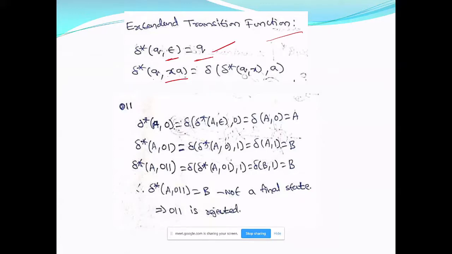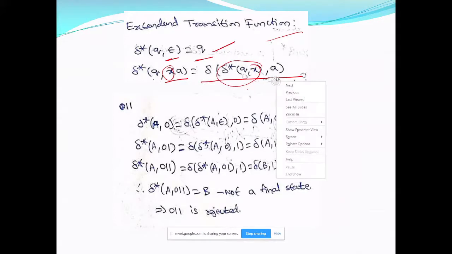Delta star of Q comma XA is defined like this: it is delta star of Q comma X, meaning first you process all the symbols in X and you get a result, some state. Then take that state and give the input symbol A, look up the transition function defined in the DFA definition, and whatever you get is the result of delta star of Q comma XA.